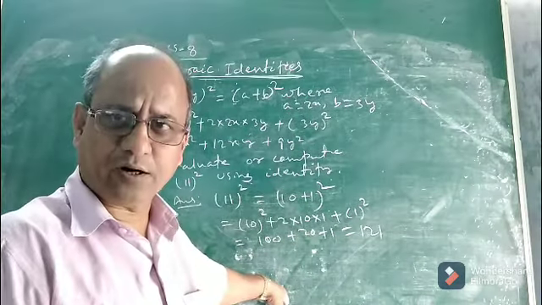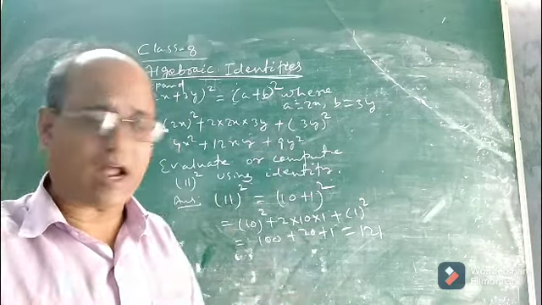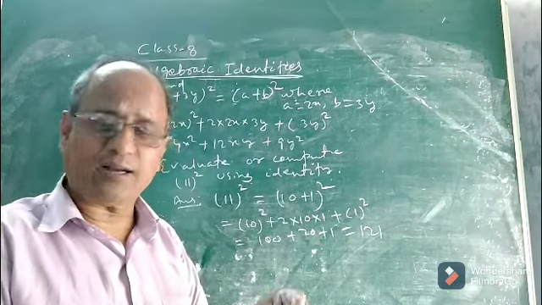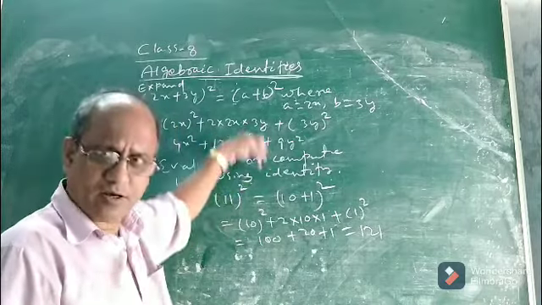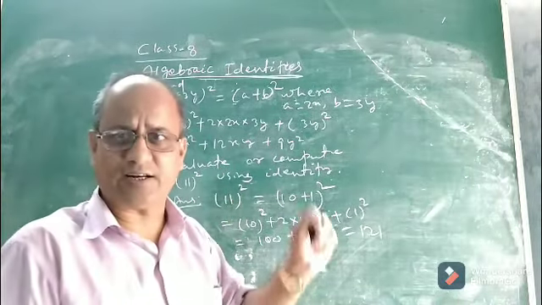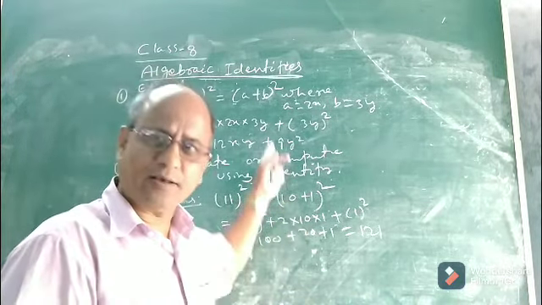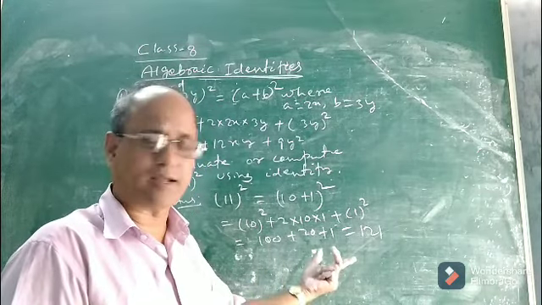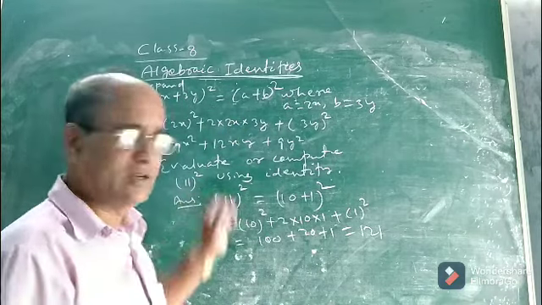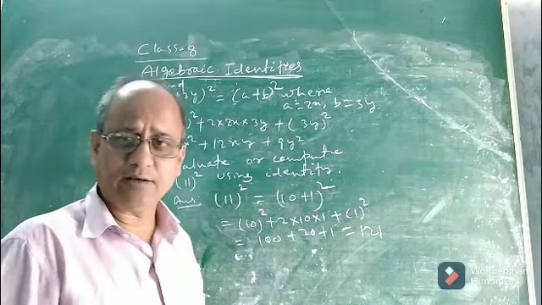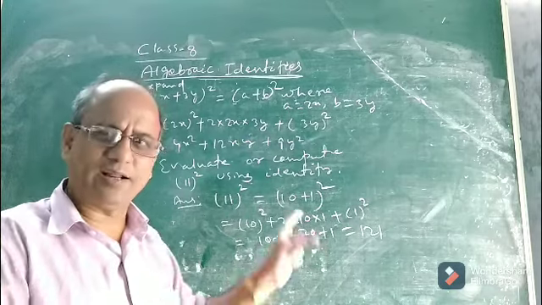So children, I hope you understood. My intention is to convey the message that we can use algebraic identities in expansion and in finding values like this. These are the two problems which I discussed, based on the first identity, a plus b whole square. Similarly, the second identity will also find application in this manner. We can use the algebraic identities in expansion, and in evaluating or computing the values of numbers like 11 square, 23 square, 150 square, any number you can find.